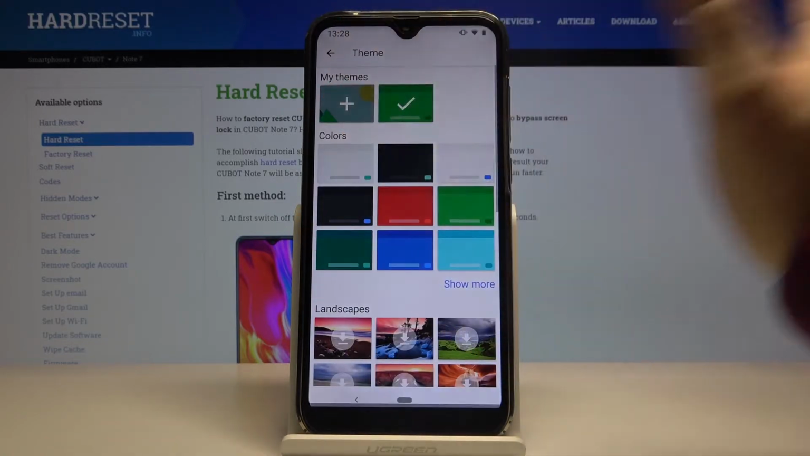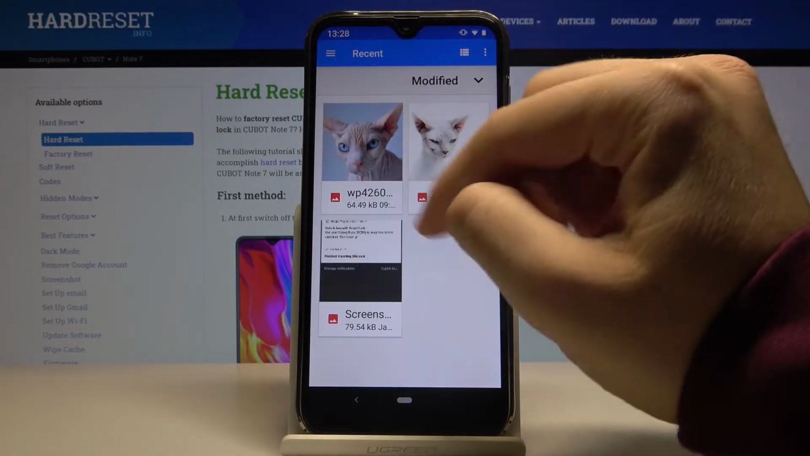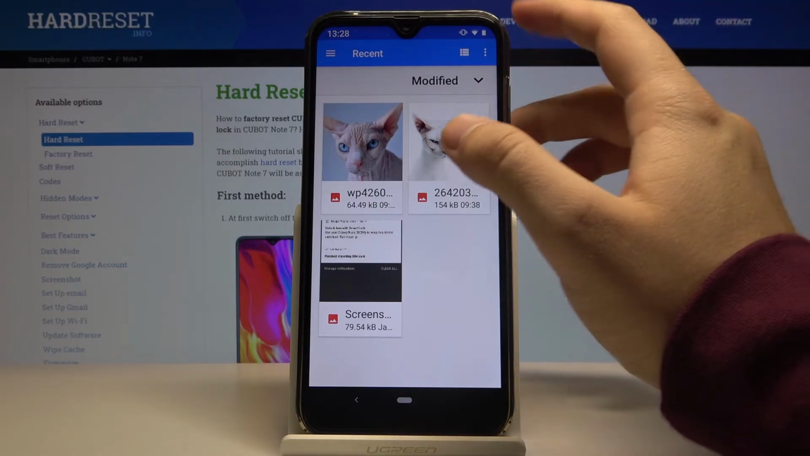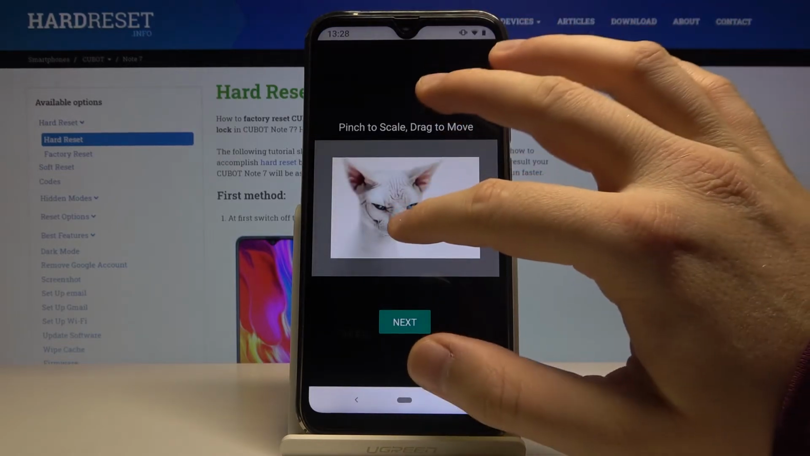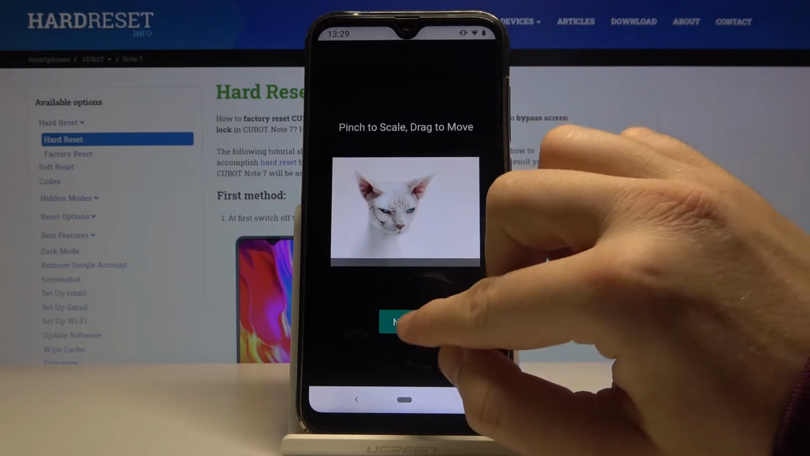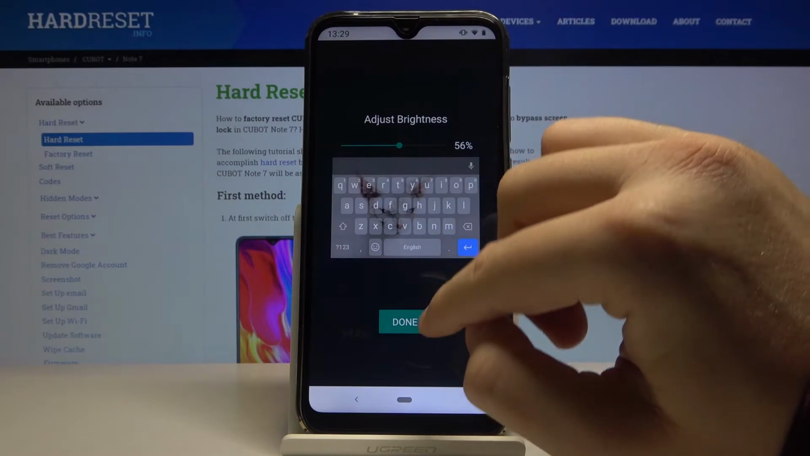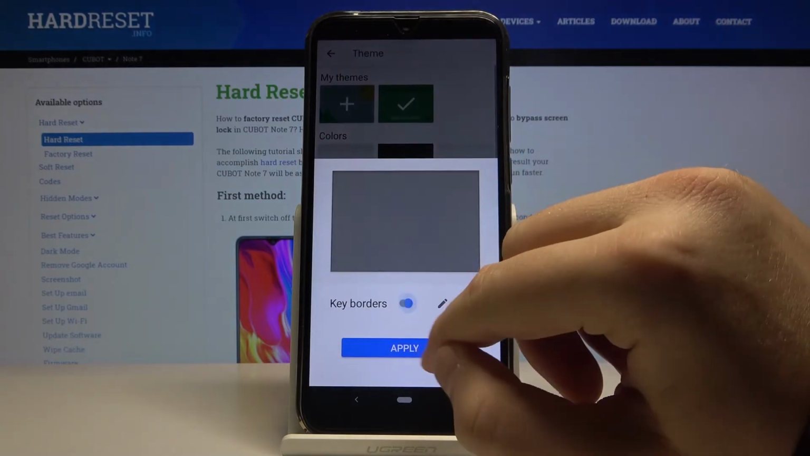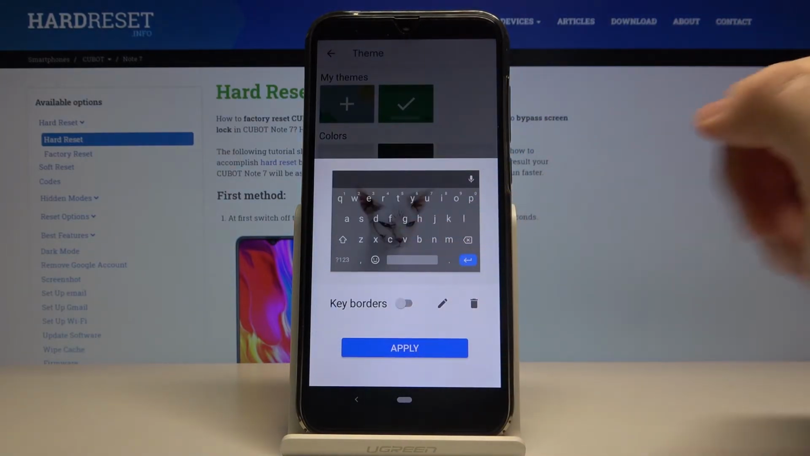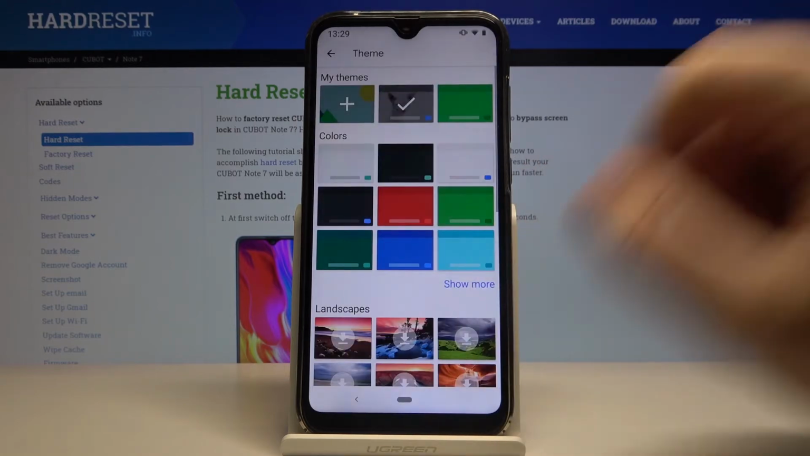Next we have to tap right here and we can pick the photo that we want to set up as our theme. I will go for this photo. Click next, and we can also set transparency of the picture, so I will go like that. Click down, and at the end we can turn off key borders to see our picture more clearly. Click apply,